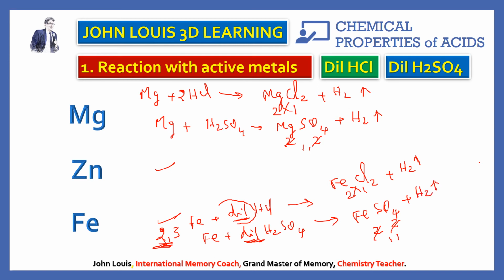So what is the rule you have to remember? Make a note in your textbook or in your notebook. When metals having variable valencies, like iron, react with dilute acids, lower valency will be predominant. And that is a basic idea you need to remember. For zinc you can write on your own. Try yourself. If you are able to write correctly, that means you have understood the concepts of how acids react with metals. Hope everything is clear to you, and you can write any equation on your own using these ideas. That should be the real learning.